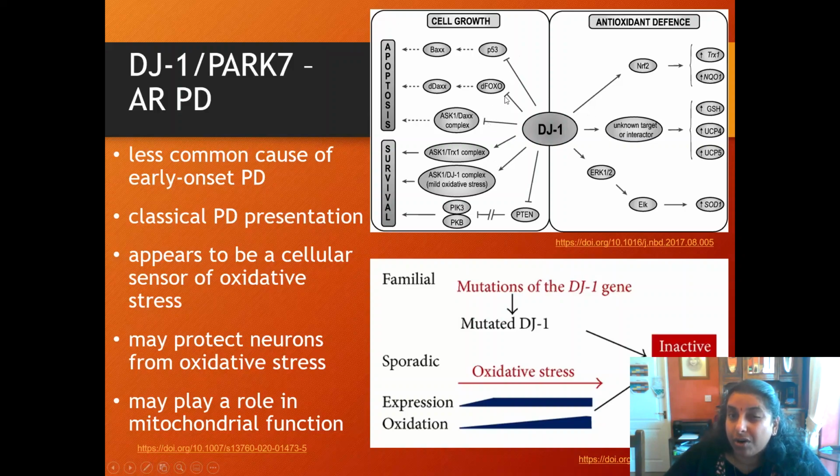It might be normally inhibiting apoptotic pathways, and it might normally be activating survival pathways, and it might be activating antioxidant defense. And so this is why we say it might be protecting neurons from oxidative stress. It keeps them from dying, helps them survive, and it seems to increase antioxidants, which go out and decrease oxidative